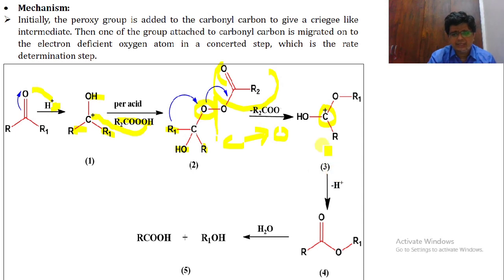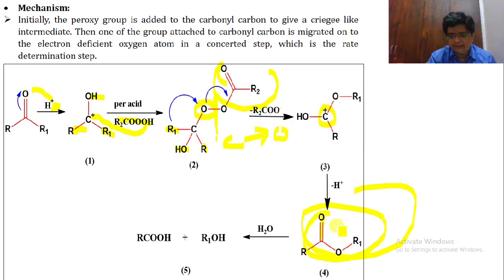Now in the next step, this H plus will be removed from the reaction material. So H plus will leave the negative charge over here. This positive and negative charge will make a bond over here. So this is our bond, that is R, C double bond O, oxygen and R1. Okay, so now this is our ester molecule. So this is our product. Now this H plus will attack over here, so it can produce an acid molecule.